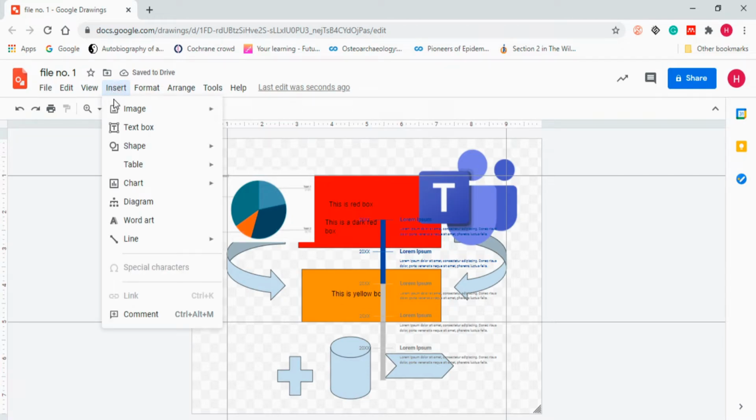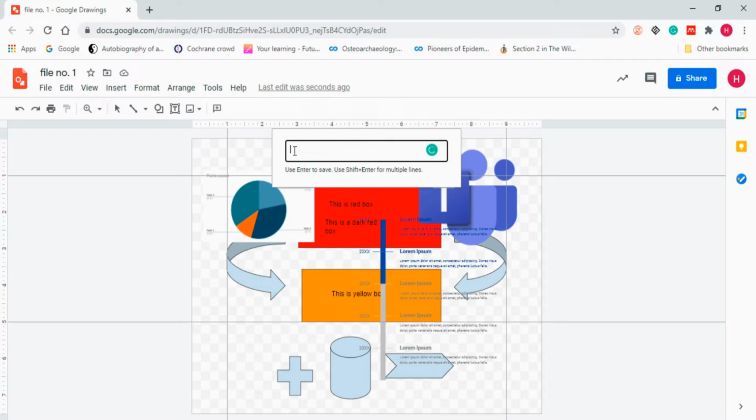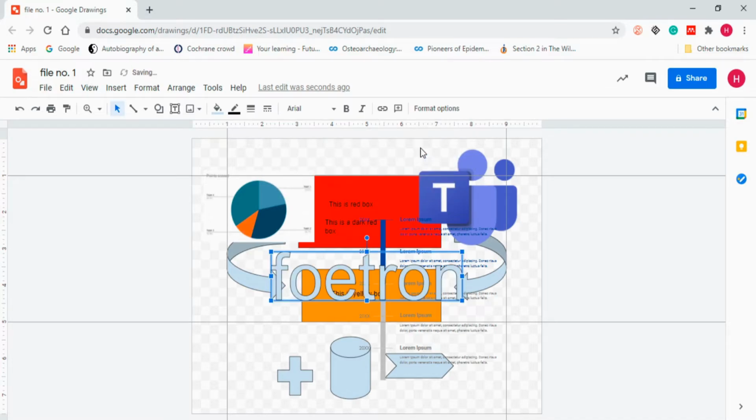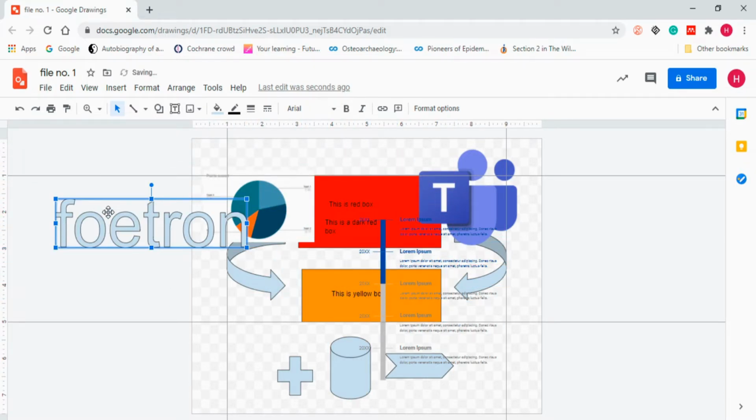Apart from this, we have another option, that is word art. When you click on it, you will see a tab will open up. You can write anything. When you insert it, you will see an option will open up. The letters will come in a big clip. So you can change the description or you can change the style of it. You can do it and you can change it according to your own desire. You can fill it with different colors. You can change the shape of it.